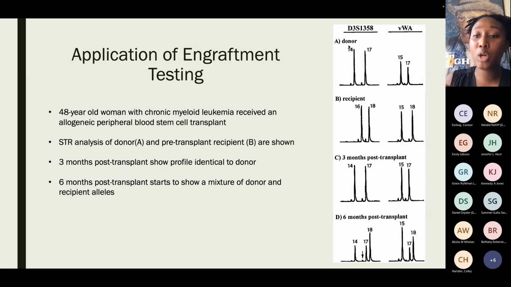So we know that the donor here has 2 different alleles at this particular locus. And going to this locus here, we know that the donor and recipient share this 15 allele, but they do not share the second allele at this particular locus. And so